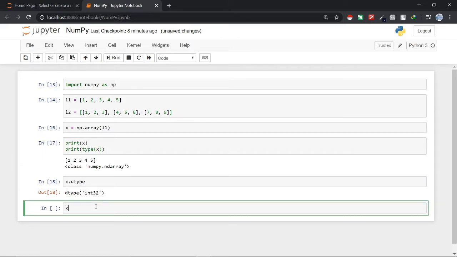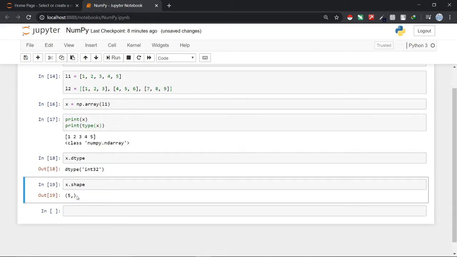So we can write it as x.shape, and it will provide us the shape of the array in a tuple with some positive integers in it. You can see that it provides us a single integer 5. It means that it is a one-dimensional array. That's why it provides us a single integer here. And the value of the integer 5 means that it consists of 5 elements in it.